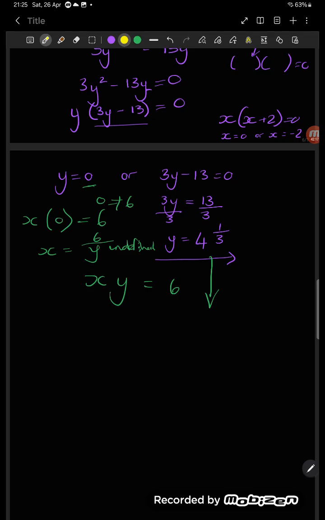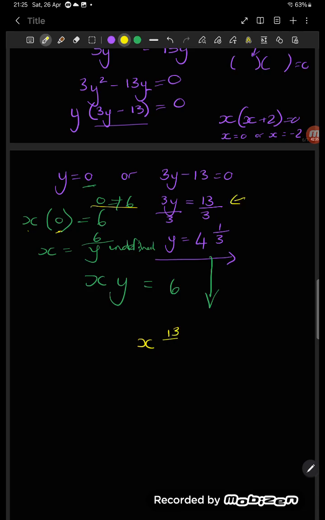So undefined, no solution, because you can't divide by 0. And 0 times anything is 0, and 0 is definitely not equal to 6. Let's take this thing, and we're going to go x, and I prefer this fraction thing because